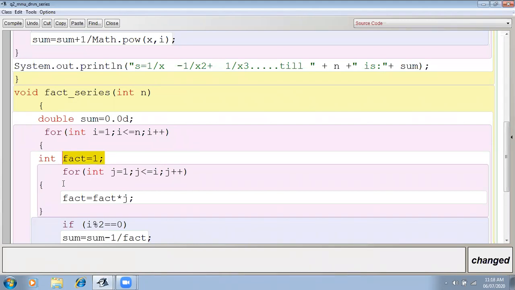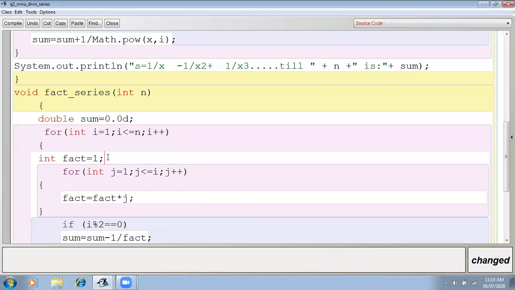That's why I'm making fact equal to 1 here. Every time before entering the inner loop, fact should be 1. Because if I'm calculating the factorial of 2, I will start the multiplication from 1. If I'm calculating the factorial of 3, again I will start from 1. If I'm calculating the factorial of 4, again I will start from 1.